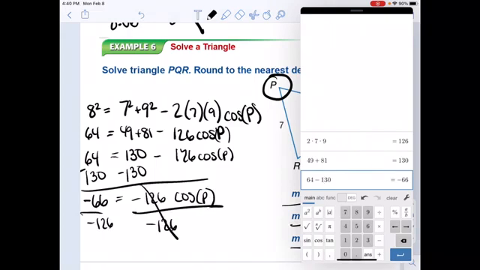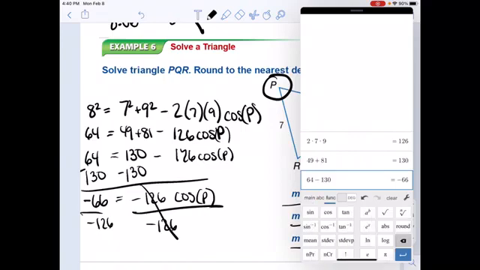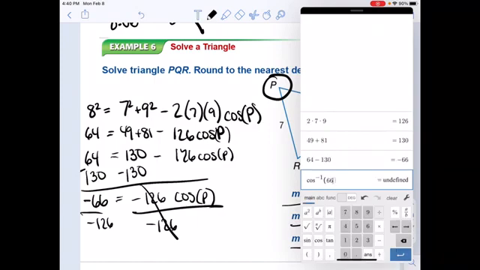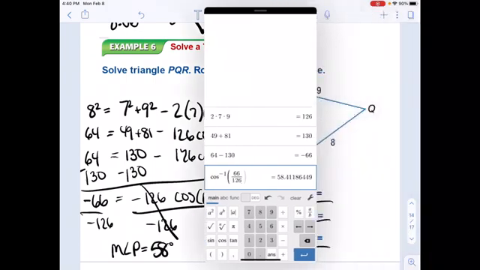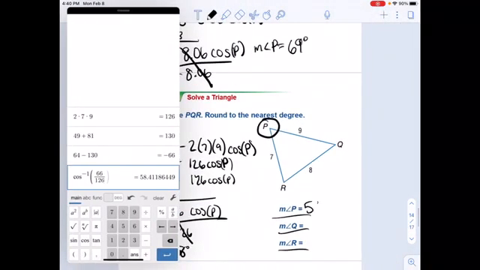So we end up getting, because we're finding an angle measure, the inverse cosine of, once again, they're both negative, so 66 divided by 126 is equal to 58 degrees. Okay, and then angle Q,